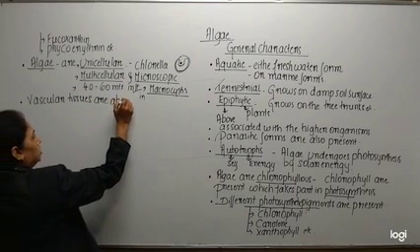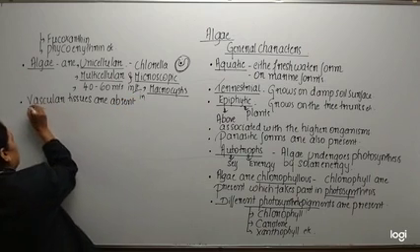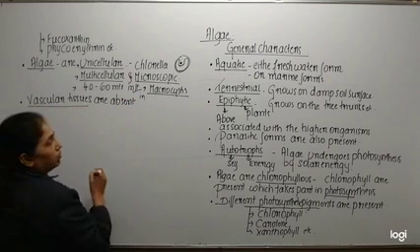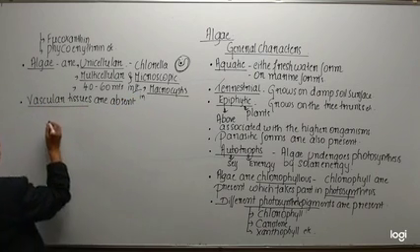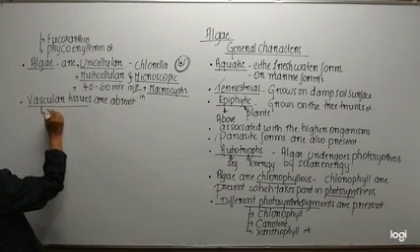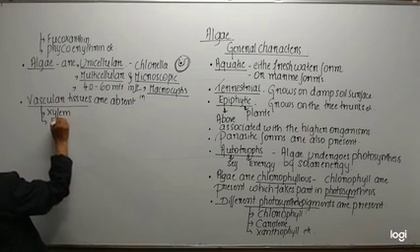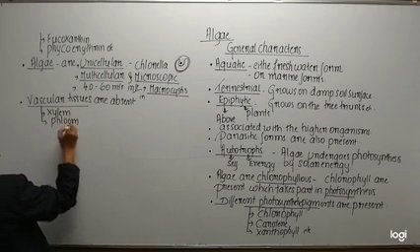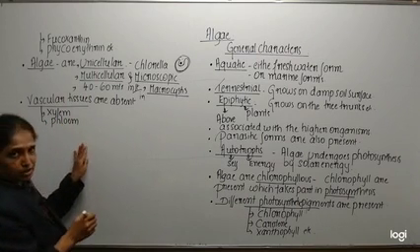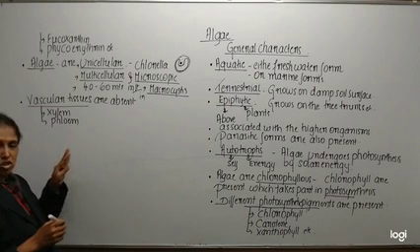Vascular tissues are absent. So what are vascular tissues? Vascular tissues are xylem and phloem. Remember, xylem and phloem are called vascular tissues and these are absent, but still it is not a problem